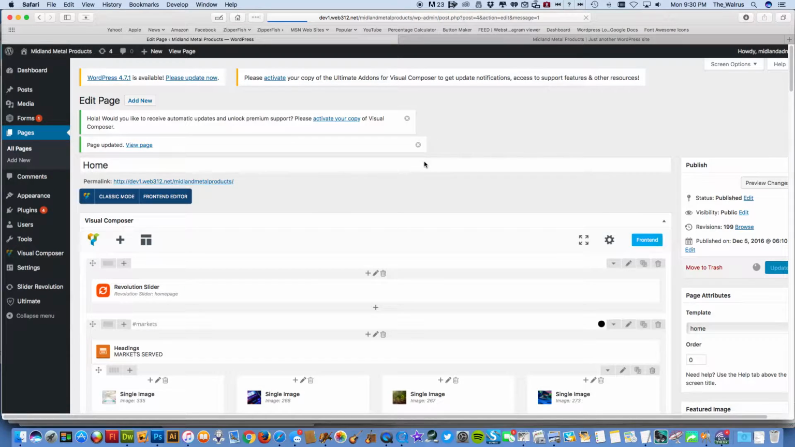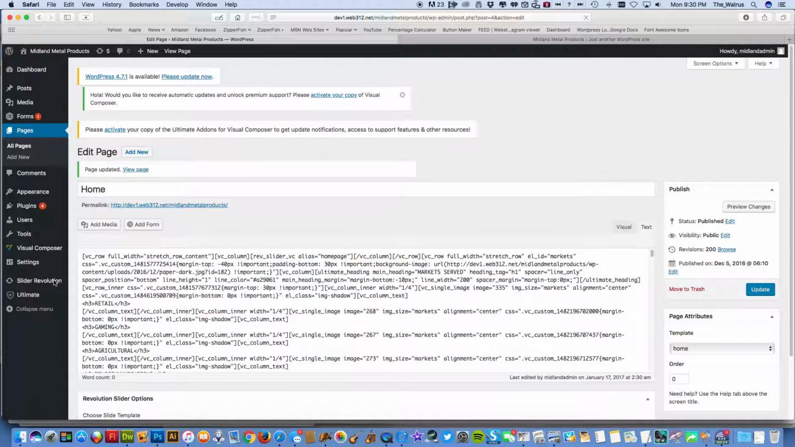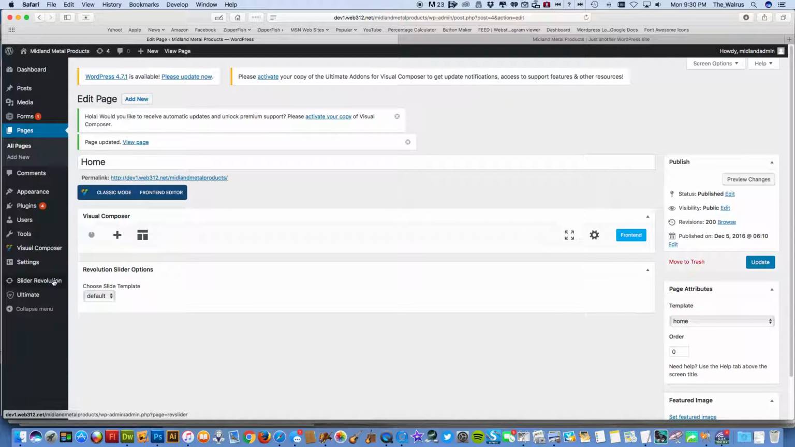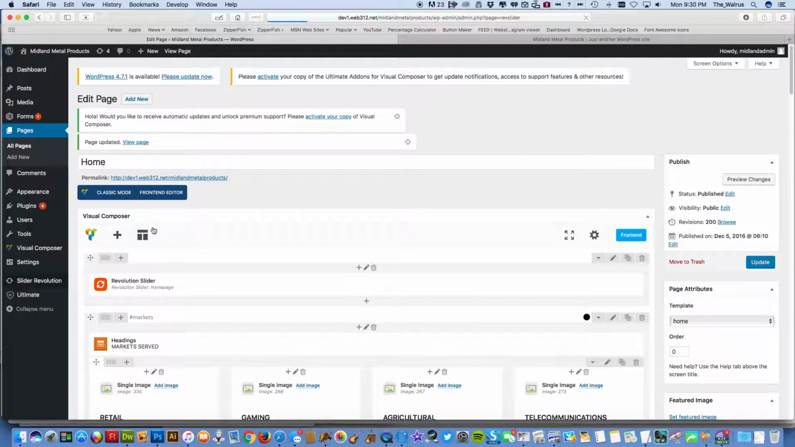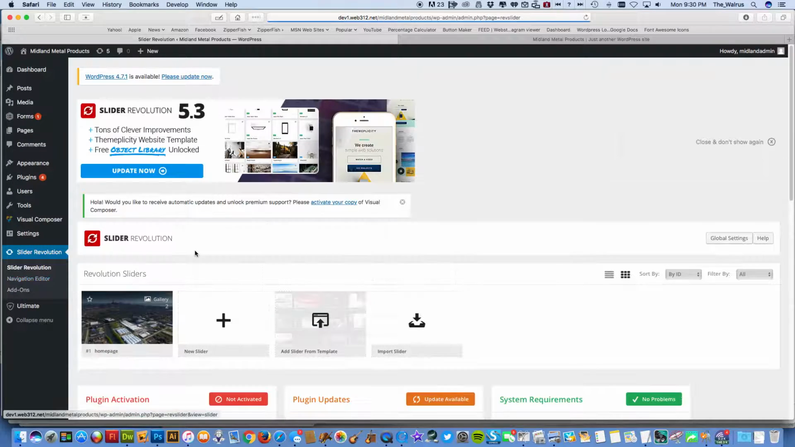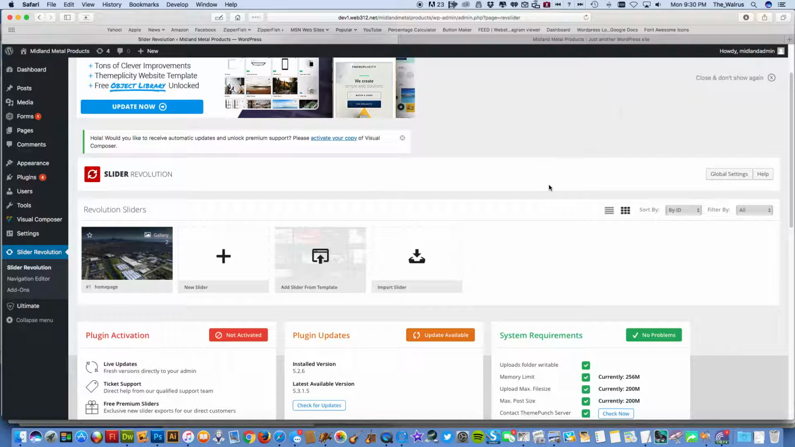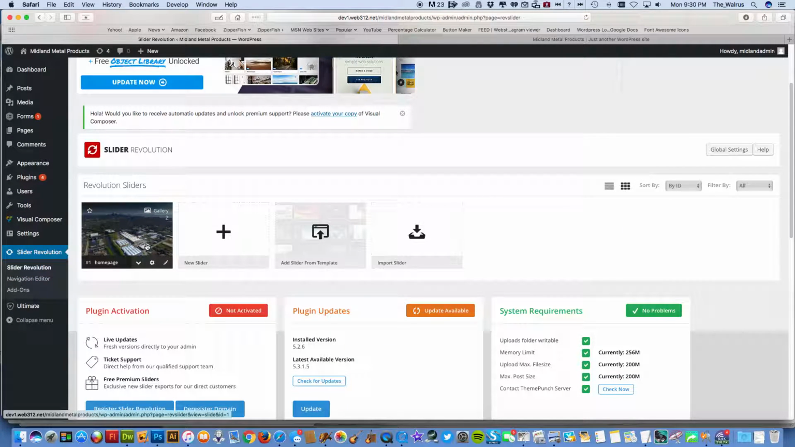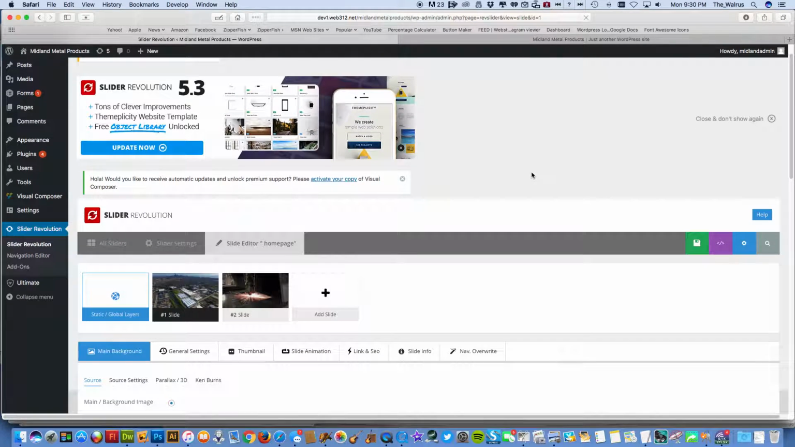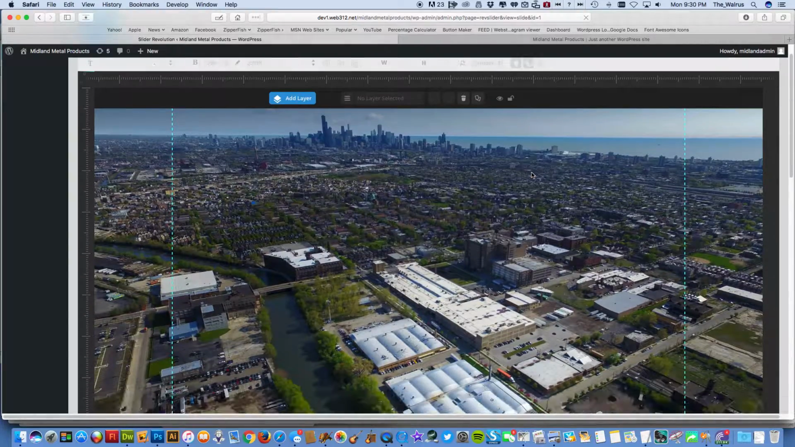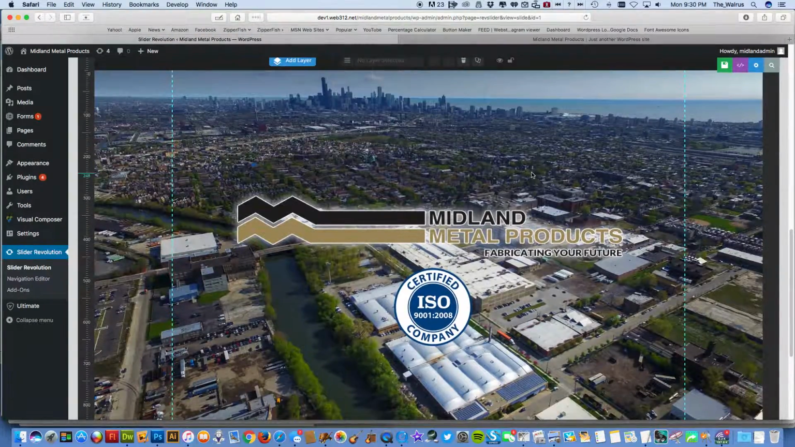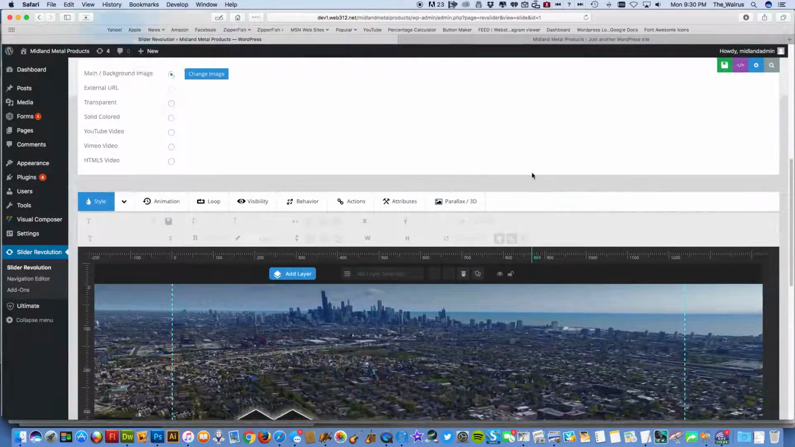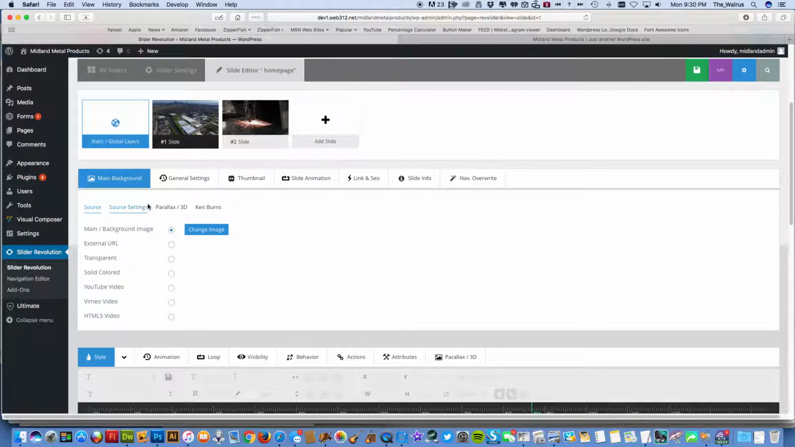Other than that, if we want to go over to the Slider Revolution real quick, unfortunately, these things just aren't that simple. We try to make it as simple as possible. If you know anybody with WordPress skills, they could probably do this. If not, you can hire us to do it. But here's your slides. It gets a little bit complicated, as you can see, with changing